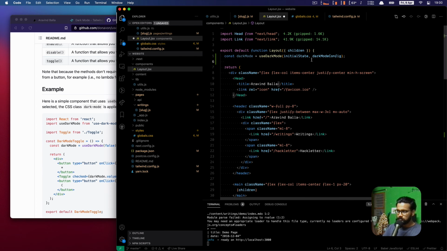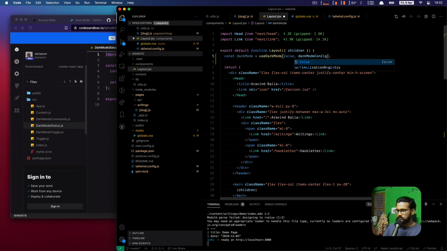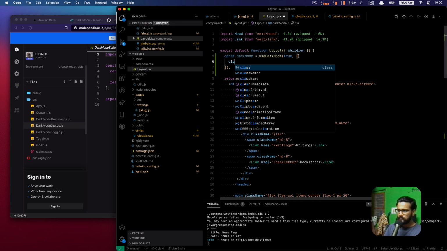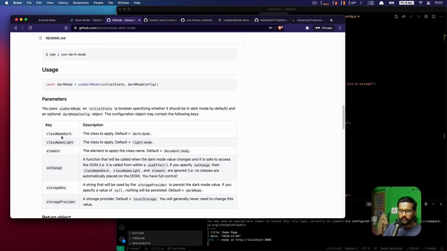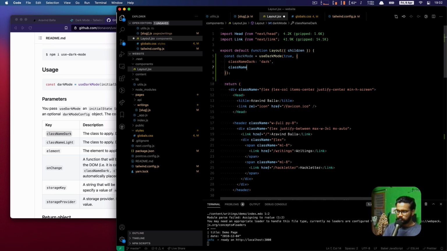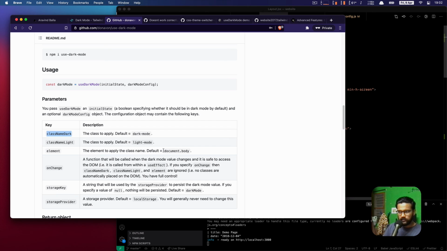Get the dark mode. So the initial state is false, or true in my case, and the dark mode config says class. What is it again? Class name dark is dark, and class name light is light. Okay, the element to apply. Okay, it automatically applies it to the body, which is